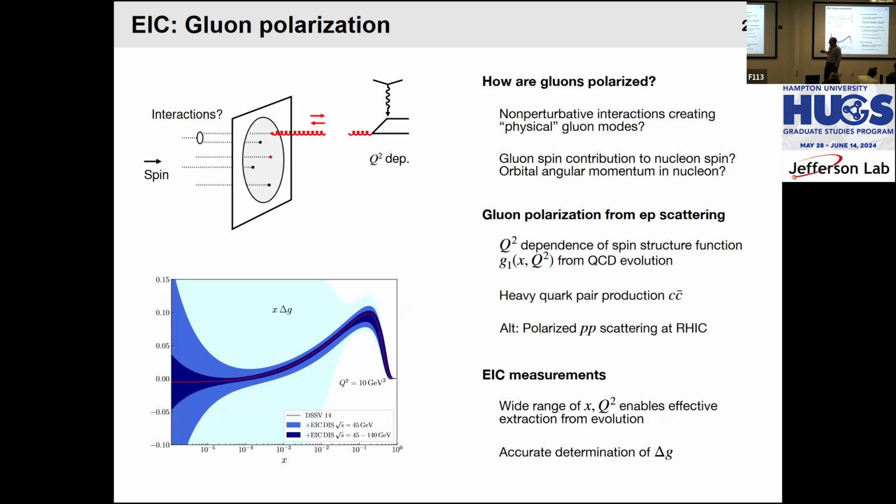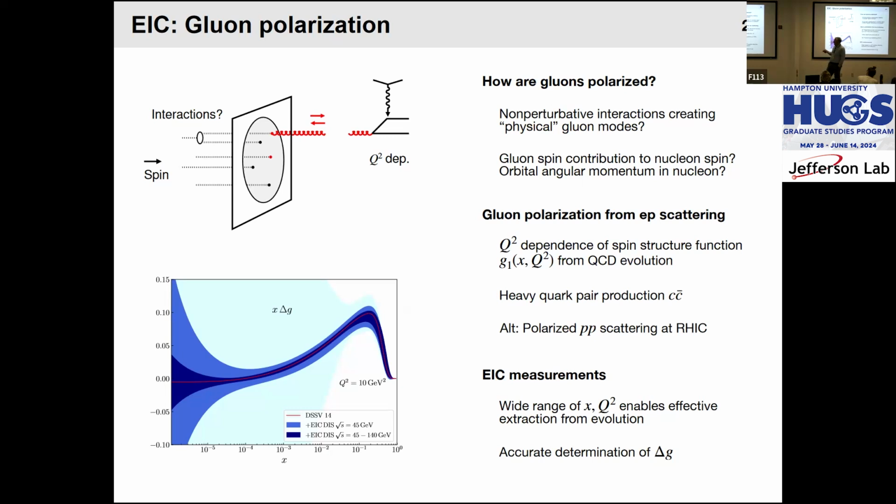So again, the light blue band is the present uncertainty on the polarized gluon density. You see that there's essentially no constraints below x around 10 to the minus 1. And with the EIC, just from these inclusive measurements and Q-square evolution, we would be able to do a very precise determination of the gluon density